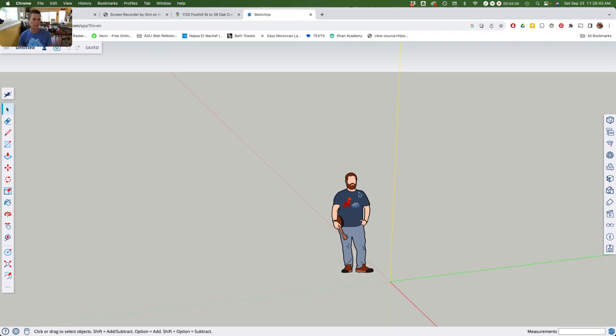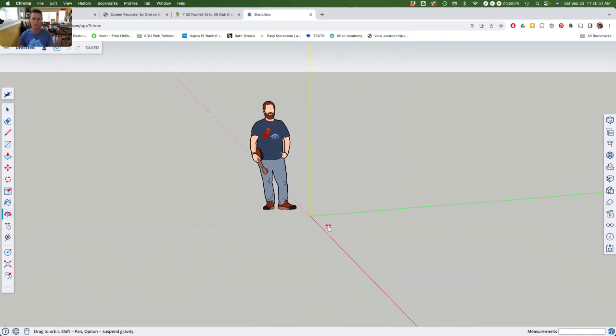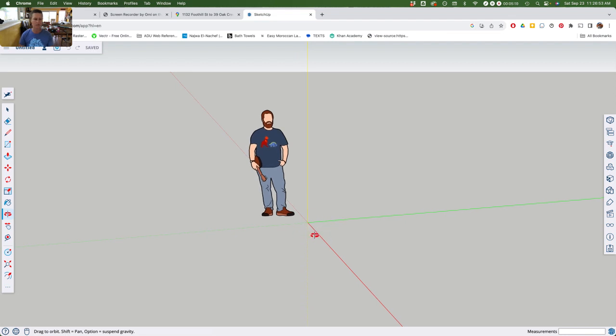I usually delete them right away, but I'm going to leave Ty here because I think it's a little bit handy to have him. I'm going to click the orbit key, O, and move a little bit because I just want to be over here. I'm going to draw a rectangle real quick. This is the rectangle tool, R. And I'm just going to draw a rectangle. And I'm not going to talk about planes yet. The first thing I want to talk about is